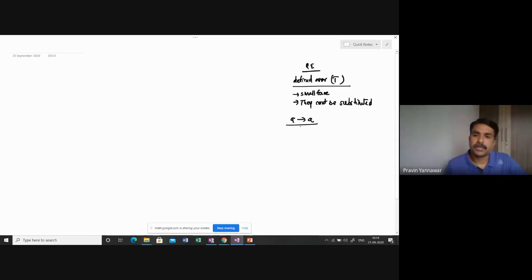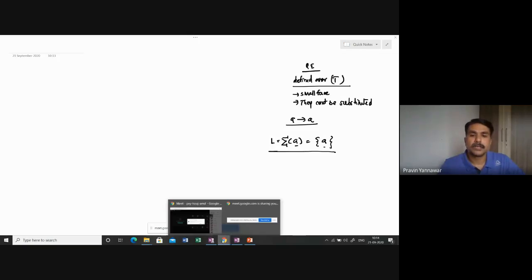But if you have a language L, which is based on a set of alphabet sigma, such that sigma contains A, then the words that are generated on this particular alphabet A is A only, and we have already seen this in the rules. So in order to